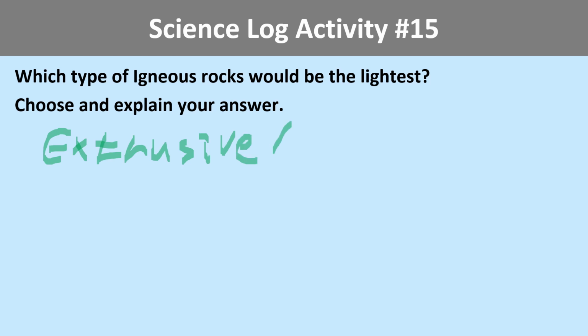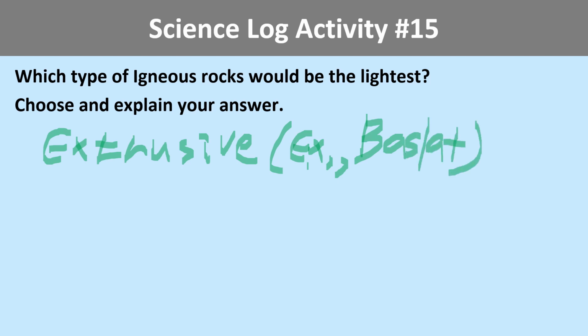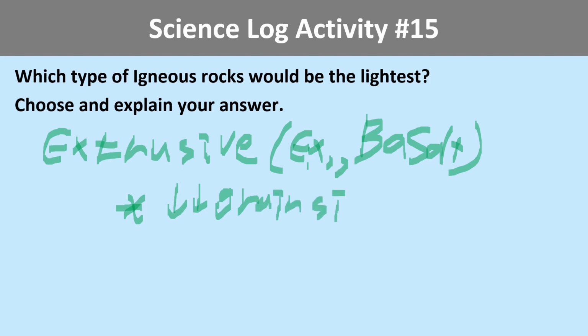My example can be basalt. Oops, totally misspelled it. Basalt. Extrusive and basalt. The reason is because of one thing. It has a small grain size in its structure, and at the same time it formed really quickly. That means